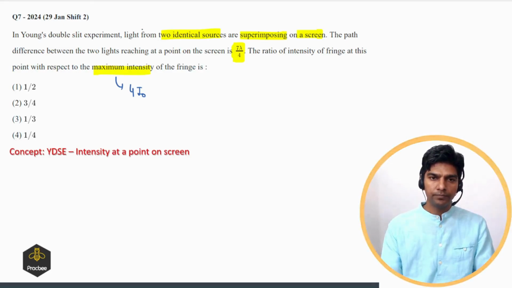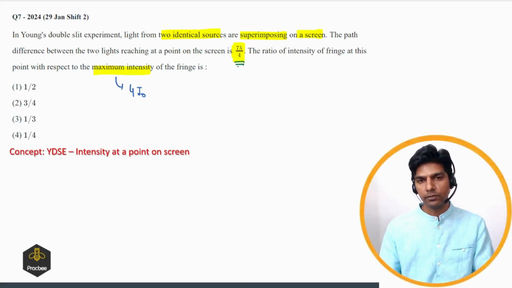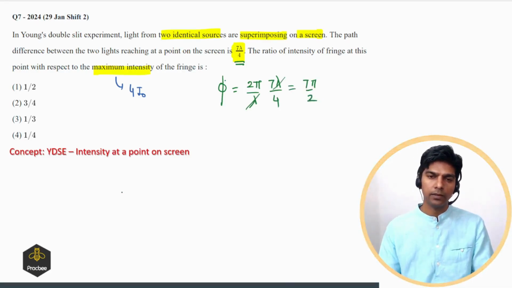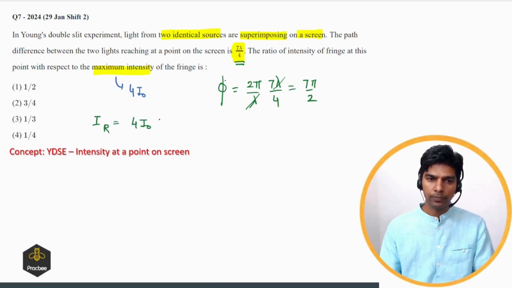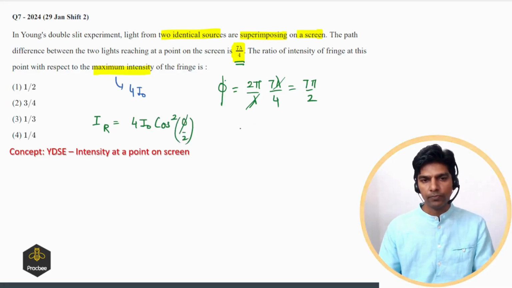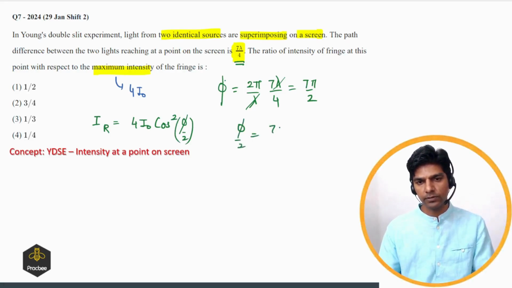And we are given the path length difference. So from path length difference we can find the phase difference. So phase difference will be 2 pi by lambda times path length difference, which is 7 lambda by 4. So lambda will get cancelled out, so this will be 7 pi by 2. Now we got the phase difference. Now we can use the resultant intensity formula, which is I R will be 4 I naught cos square phi by 2, right? And phi by 2 can be written as 7 pi by 4, and 7 pi by 4 can